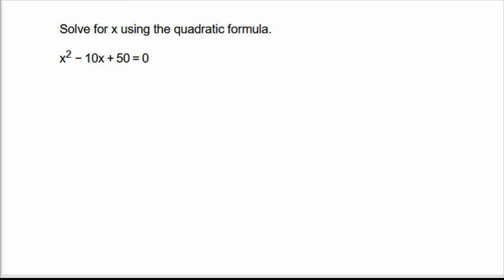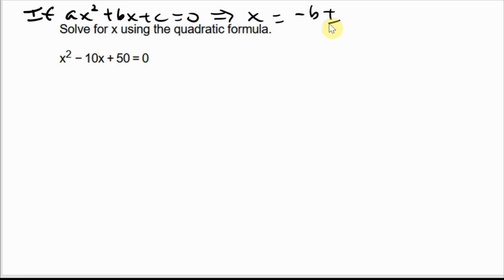Use the quadratic formula. It has to be in the form of the quadratic equation. So if ax squared plus bx plus c is equal to 0, this implies that x can be written as negative b plus or minus the square root of b squared minus 4 times a times c all over 2 times a. So using that formula,